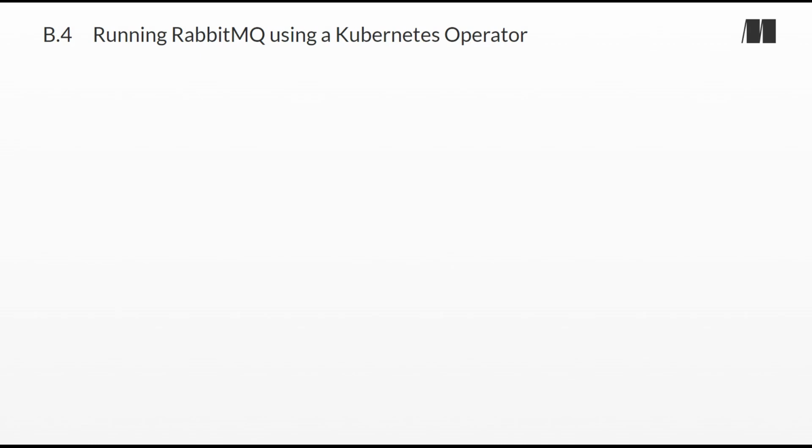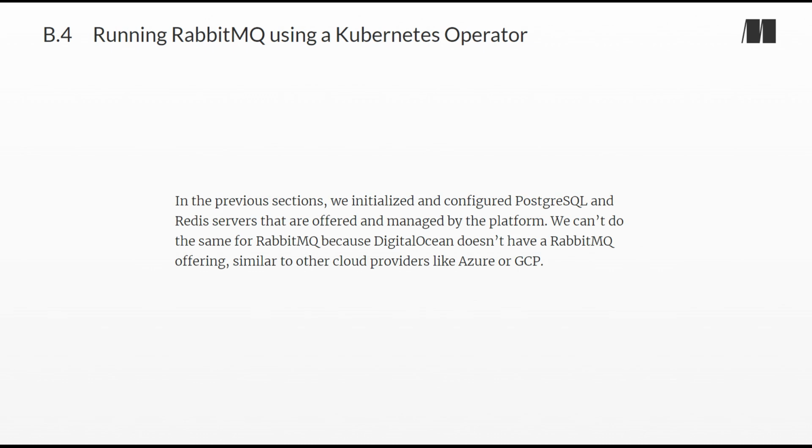Section B.4, Running RabbitMQ using a Kubernetes operator. In the previous sections, we initialized and configured PostgreSQL and Redis servers that are offered and managed by the platform. We can't do the same for RabbitMQ because DigitalOcean doesn't have a RabbitMQ offering, similar to other cloud providers like